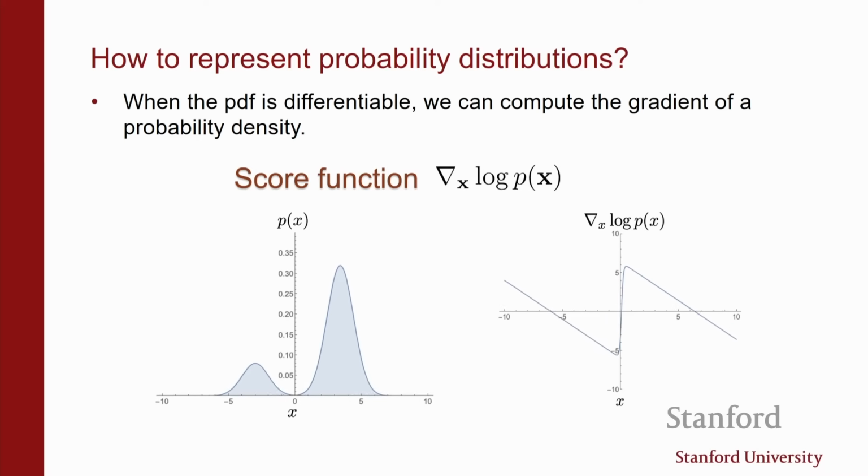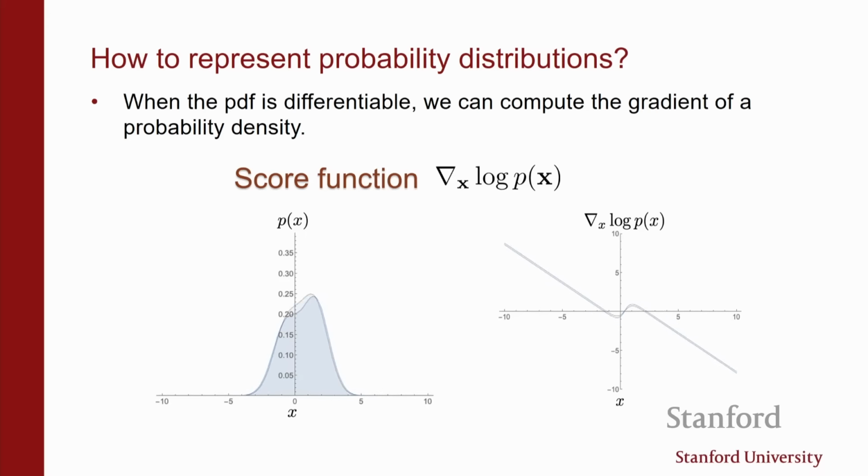And now if you think about the score, in the 1D case, the score is the gradient, the derivative of the log of the function you see on the left. And the function on the right no longer needs to satisfy any kind of normalization constraint. So it's potentially much simpler to work with. You see here, I have this relatively complicated curve on the left, and the corresponding score function on the right is potentially much easier to work with.